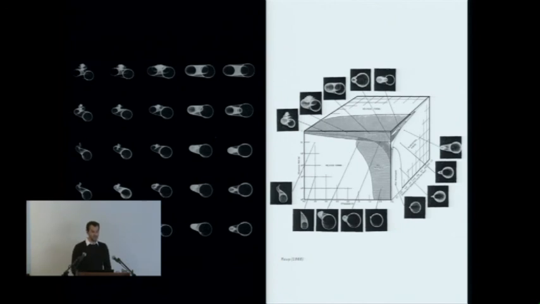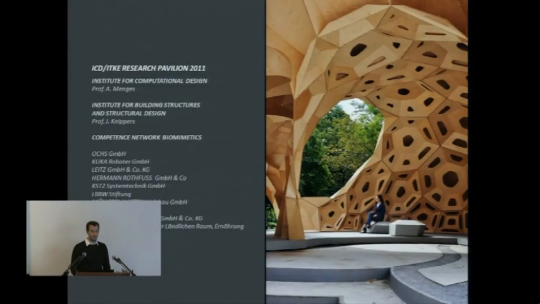So in the next project, we investigated the transfer of this concept from theoretical morphology to design computation and robotic fabrication, so that at the very onset of the design process, the space of the physically producible can be identified and differentiated from the geometrically possible. And this was actually done by another one of these research pavilion projects,